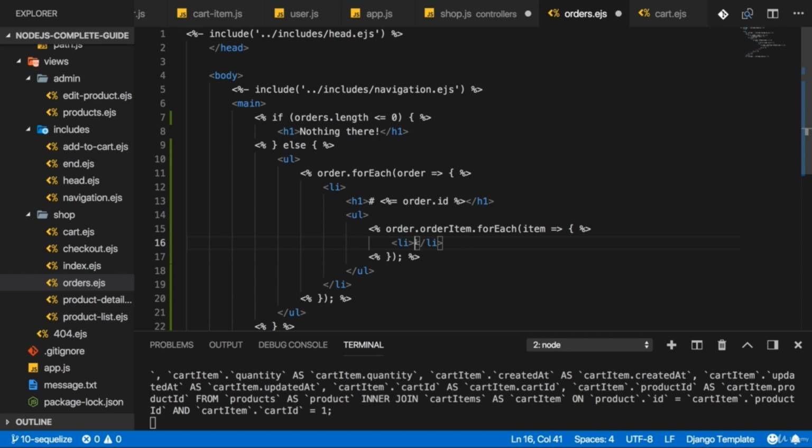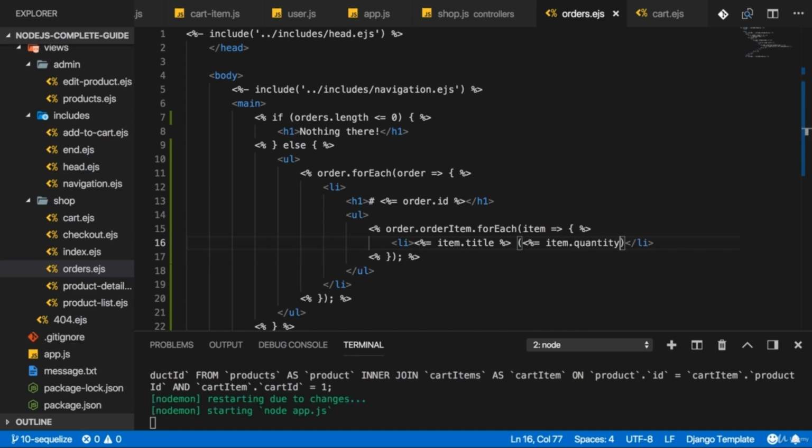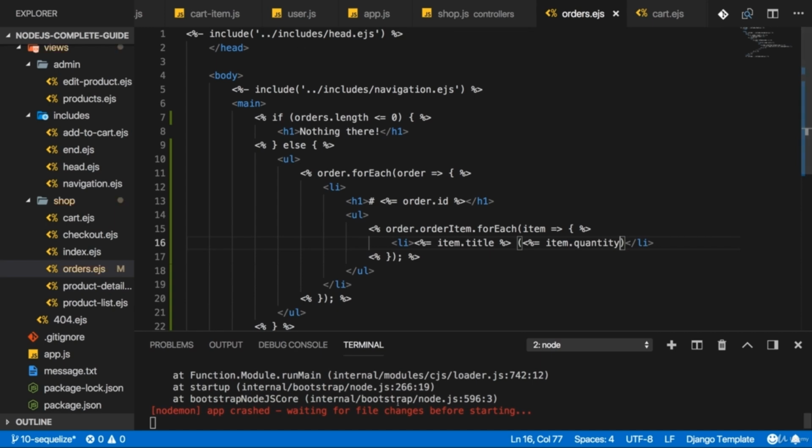And now this list item is repeated for every item in this order. And there I simply want to output the title. So I'll output item.title. Keep in mind, this is a product, so it will have a title. And then maybe in normal parentheses, I'll output item.quantity. And this will not work, I can already tell you that. If I save that,